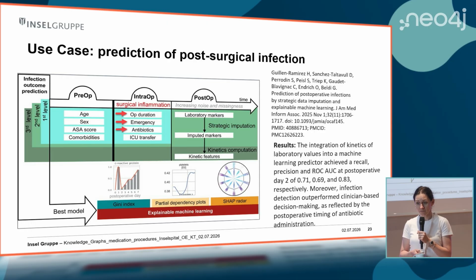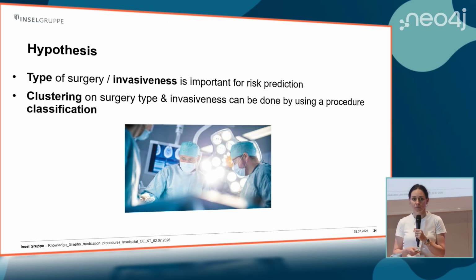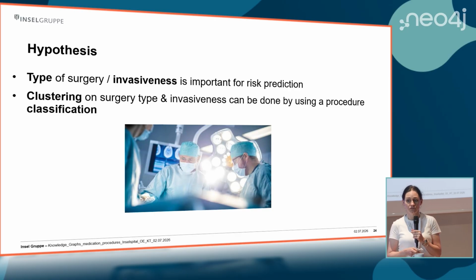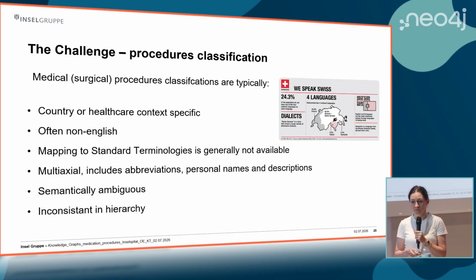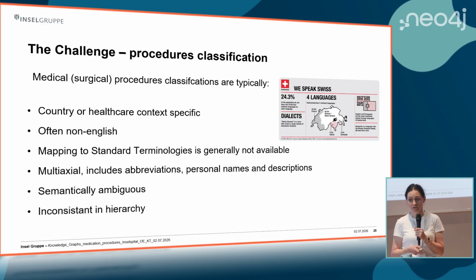But still, there is a question. This is a generic approach, but we are convinced that the type of surgery and invasiveness of surgery, of course, has an influence on the surgery outcome. So we would like to cluster surgery type and invasiveness using a classification, so build clusters and see a difference between these different clusters. So the idea is clear, but the problem is that procedure classifications are almost country or healthcare